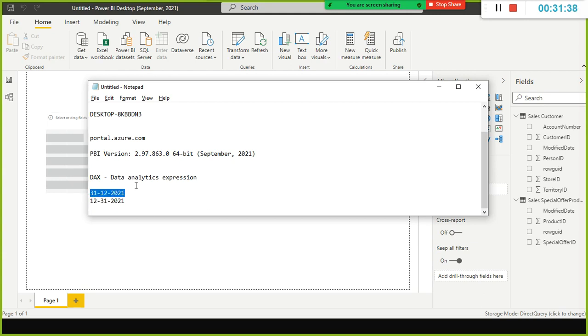In the order date column, there is a mix of different formats. It's a simple example. If you want to convert it into the US format, month, date, year, we can use DAX.